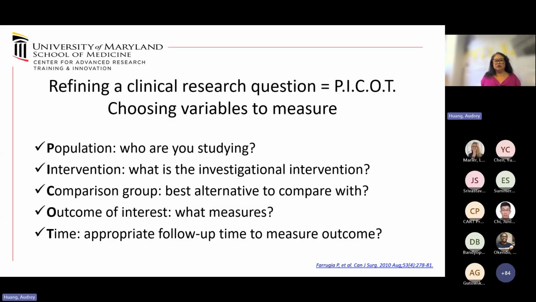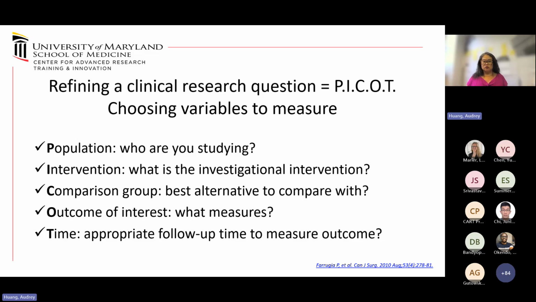Because you didn't have enough acronyms with FINER maps, there's another acronym called PICO, developed by another group, which helps you identify variables to measure, particularly for clinical research questions. PICO stands for population: who are you studying, exactly which population; intervention: what is the treatment, and what are you testing; comparison group: are you testing diabetics to non-diabetics? Are you testing well-controlled diabetics to uncontrolled diabetics? So who are the populations, and how are you going to know whether what you're testing is working? What's your outcome of interest?